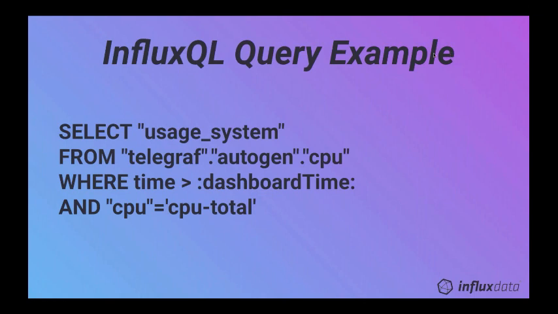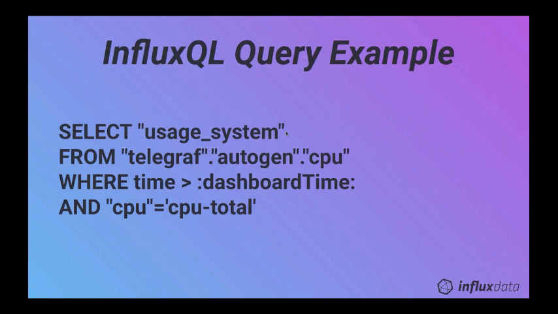So here's the most basic InfluxQL query, which is our SQL-like language. You can see this is a basic select statement, which if you know SQL, you will already be familiar with. This is select the measurement, which we saw in the previous thing, usage system, from the database Telegraf. .autogen is the retention policy on that database,